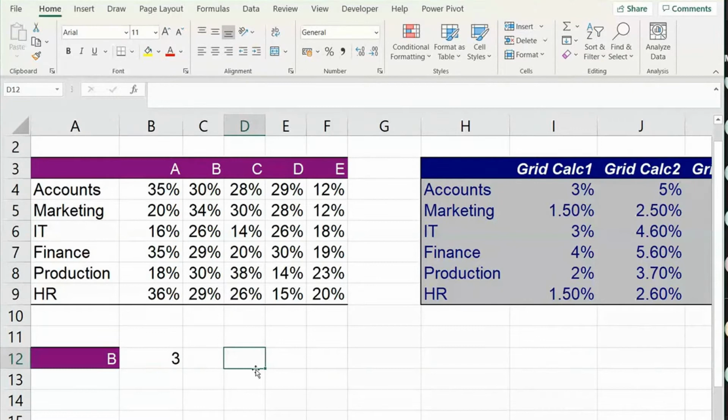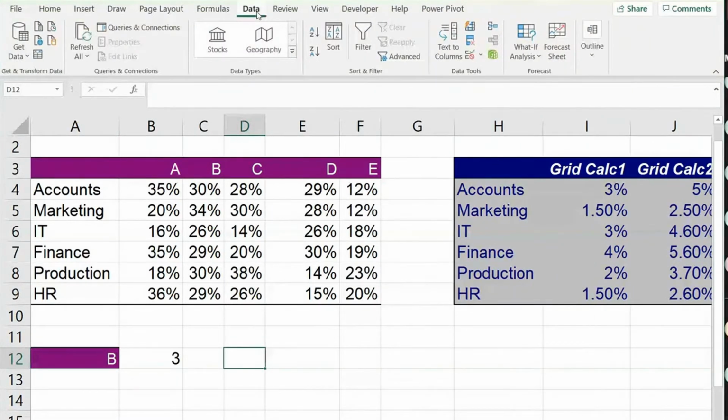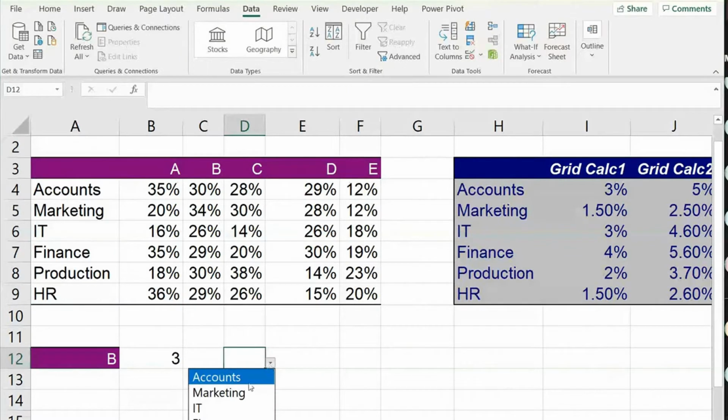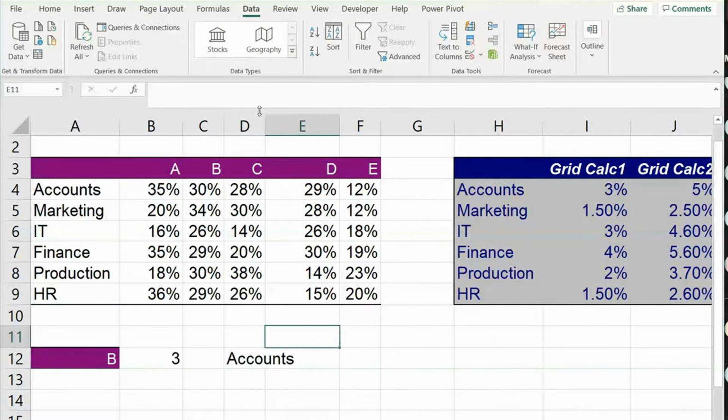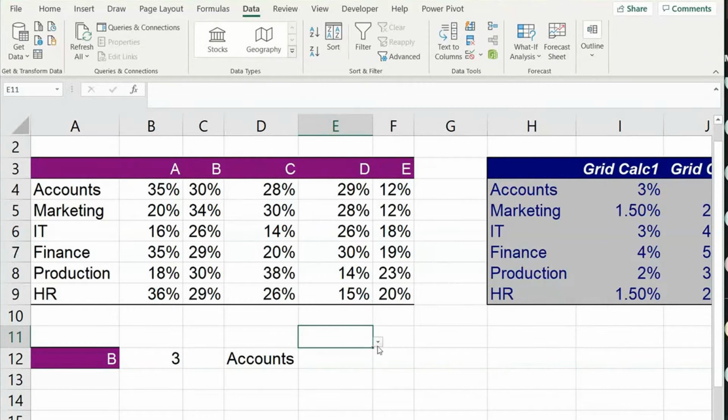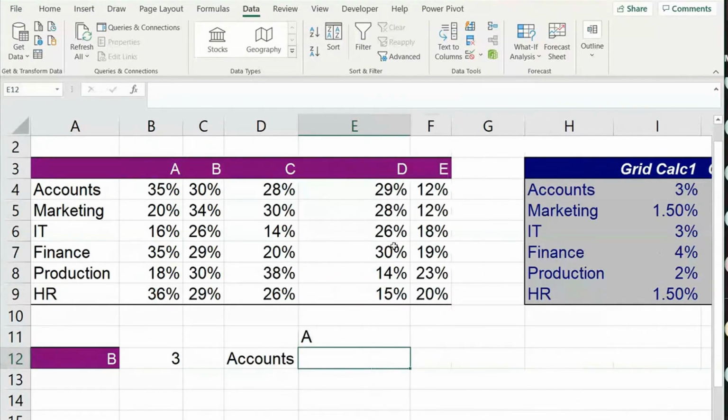So I'll just create two drop downs here just to explain you this first. Data validation, list. I'll take up this. Okay. Go here. Data validation. I'll take up list. I'll take up this grades. Okay. I want to show you two-way lookup, which is beautiful here. Look at this.